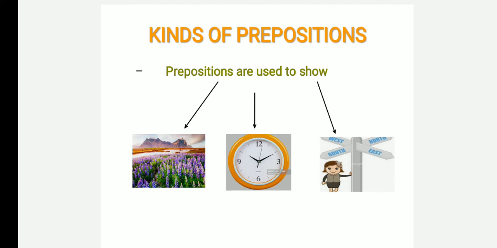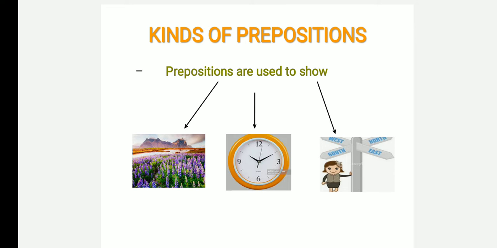We all know that preposition is one of the 8 parts of speech in the English language. For the last few videos, we have been seeing the parts of speech in a little bit detailed manner. While we are teaching about this topic separately, we will see each and every preposition in a detailed manner. So let us learn why we use prepositions. We use prepositions to show place, time and direction. One is to represent the place, another to represent time and another to represent direction.